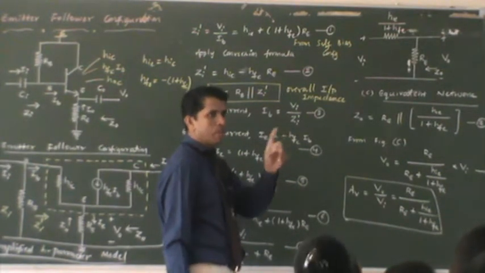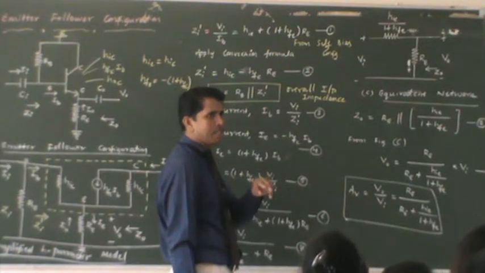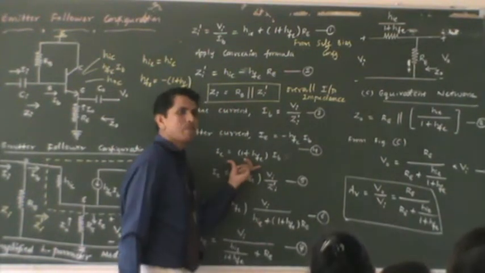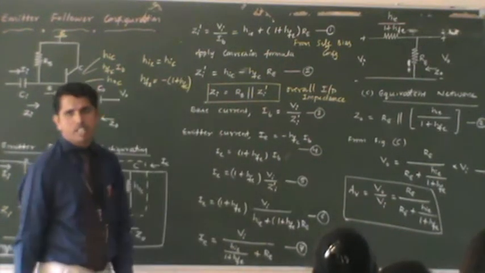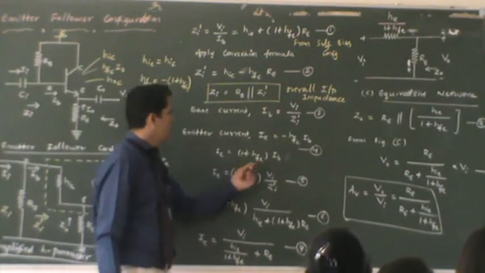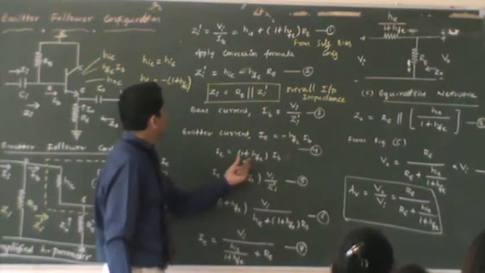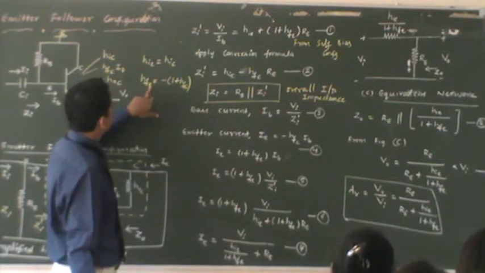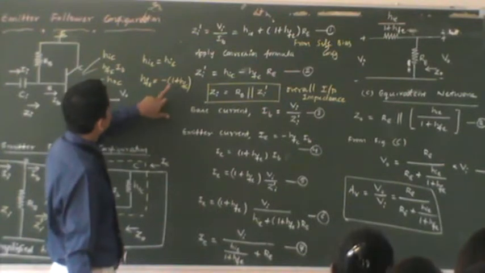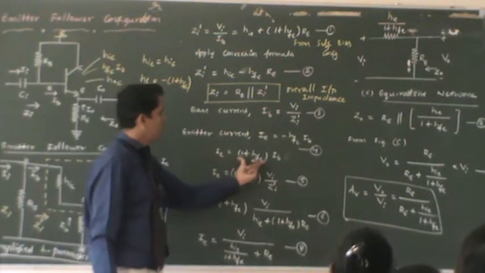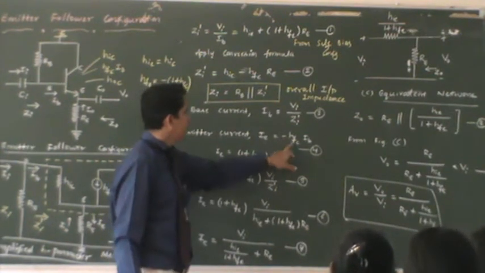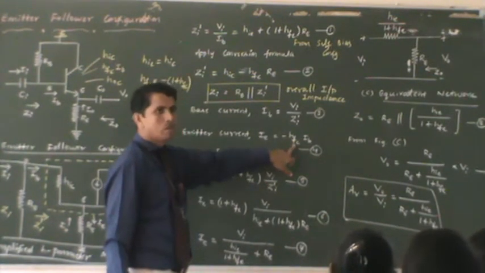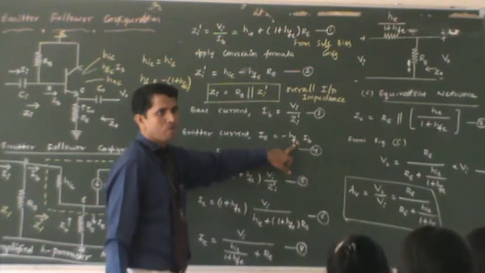By taking IE is equal to IB plus IC and we substituted IC as HFE times IB, we got this expression. Now adding this, can we convert into this? You will get the expression for the emitter current. How I got this? Look here, 1 plus HFE can be replaced with, or you can simplify this to the equivalent of 1 plus HFE in terms of HFC. So that becomes minus HFC. 1 plus HFE is equal to minus HFC from the conversion formula.